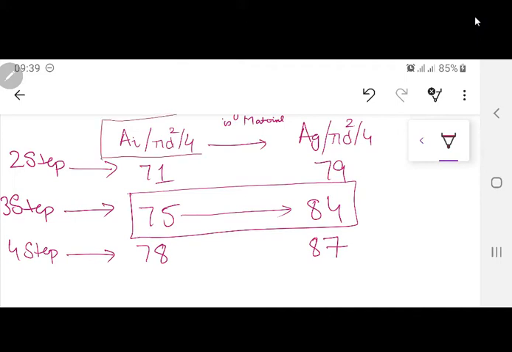In your exam, please remember, this is a very important point: net area and gross area. Almost every time students make this mistake. Net area, or net iron area, is that area in which iron is involved. Gross area is that area which includes the iron and the silicon resin used over there. So this is very important.